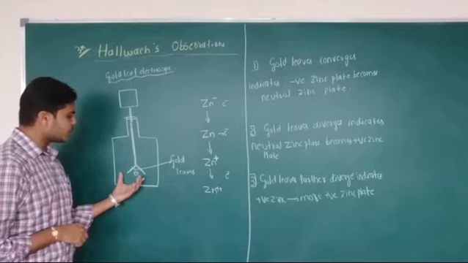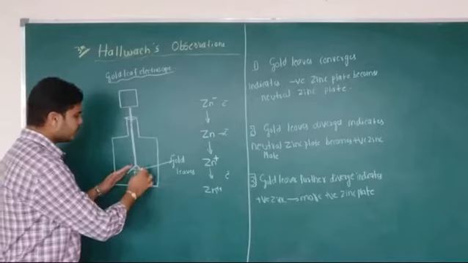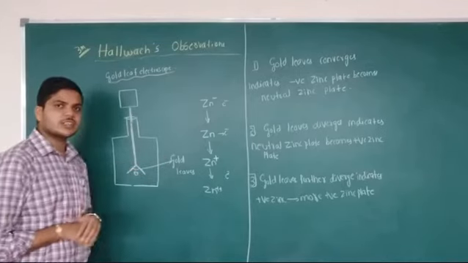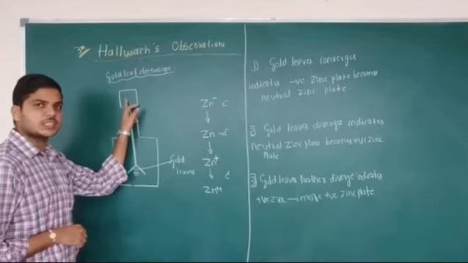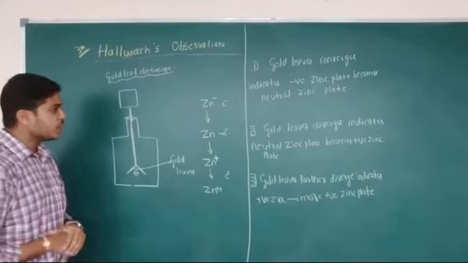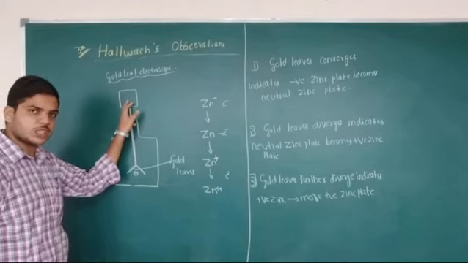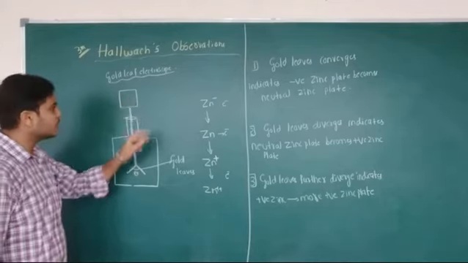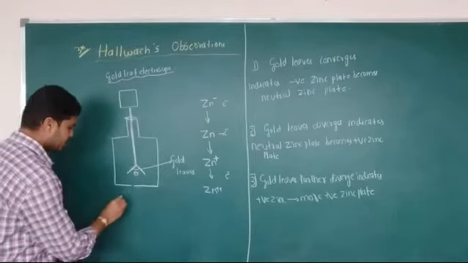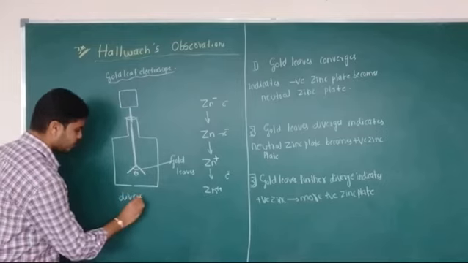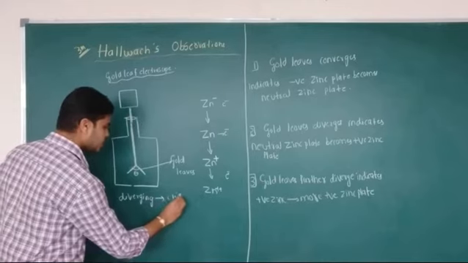These gold leaves can change the angle. They may diverge sometimes, they may converge sometimes. It depends upon how much charge is present on the body. If the charge on the body is increasing, whether it is positive charge or negative charge, then the gold leaves diverge. Diverging indicates that charge is increasing.